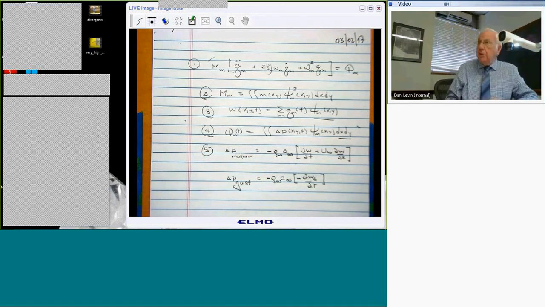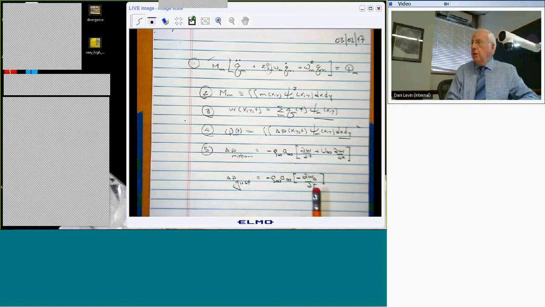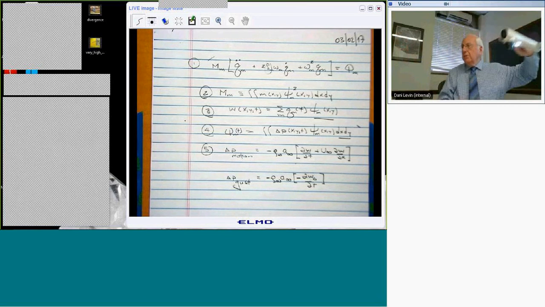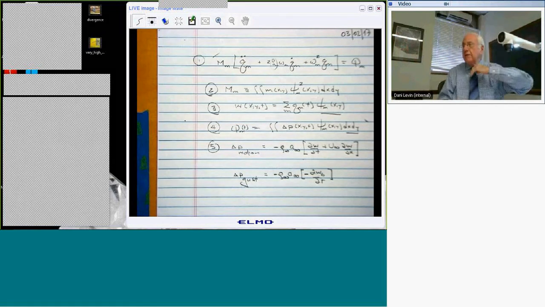By the way, in the book, just to maintain a certain alertness on your part, so you will not be a slave to the notation, I called the plate displacement z, because I want to reserve w. Aerodynamicists think w itself is a velocity in the vertical direction. So one of the challenges of aeroelasticity is aerodynamicists have developed their own notation over the years, and the structural people have developed their notation over the years, and they didn't talk to each other until relatively recently.